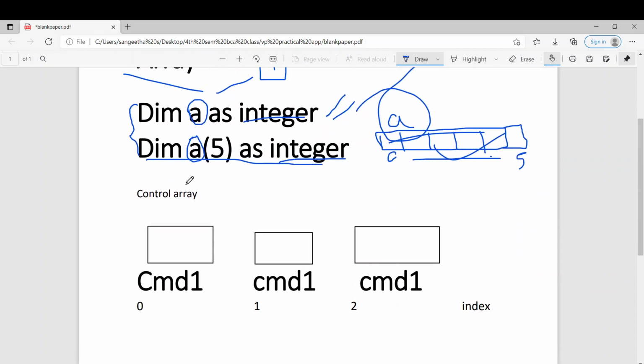Likewise, when it comes to control array, in the VB screen in the left corner, you can see there is a text box. Under the text box, there are many icons available. Those icons are nothing but the controls. So when you use array in those controls, it is called a control array.